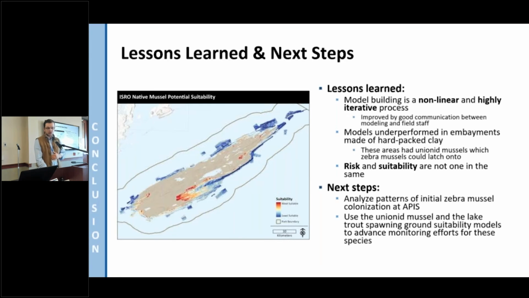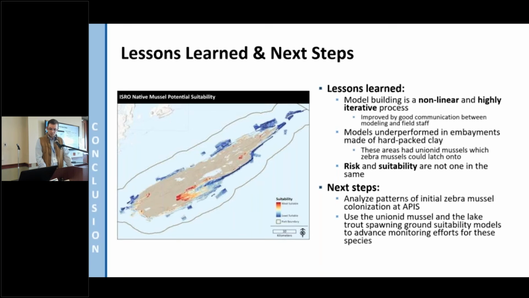The other big lesson we learned is that risk and suitability are not one and the same. In communicating these results so far to project partners, both at the Park Service and as we start communicating these results to the public, we learned we have to be very careful about saying that these models show suitability or potential suitability and are not necessarily showing the areas at highest risk, because risk has way more factors that go into it than just saying we think these are the areas that are most potentially suitable for these kinds